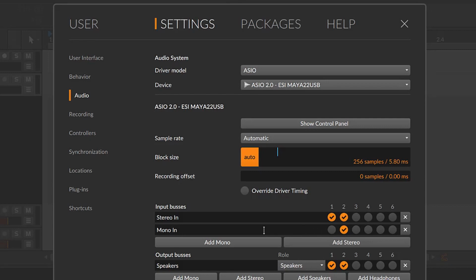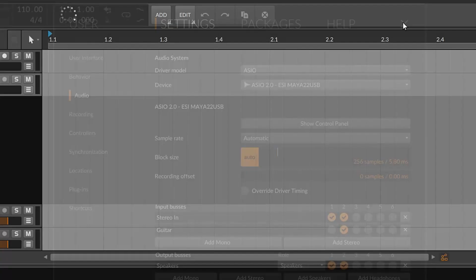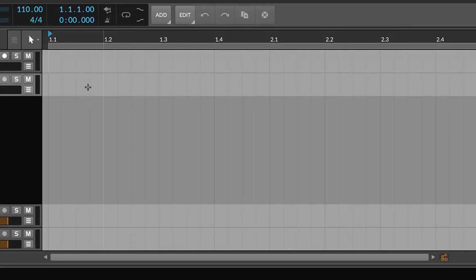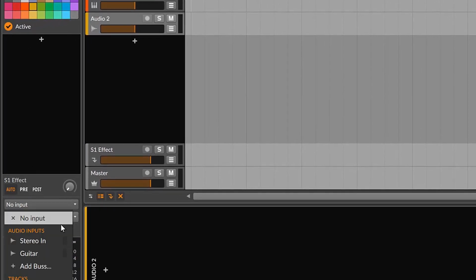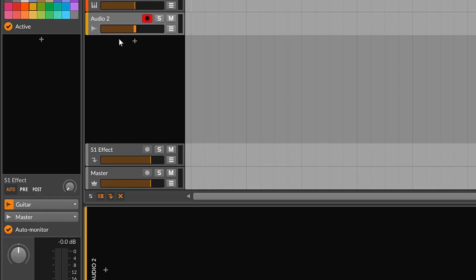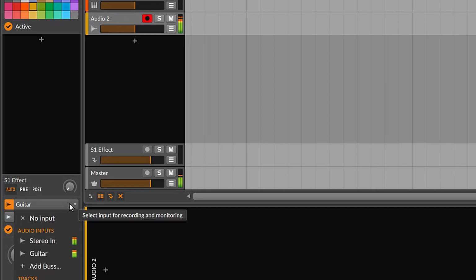It can be helpful to use such labels, especially if you end up recording different sources and if you want to be able to distinguish them more easily. Now close the dialog and your settings will be saved. You can see in the menu, in the lower left, that you can select the guitar input that you've just created. Click on it, and once you play your guitar, you can instantly see the input signal levels.